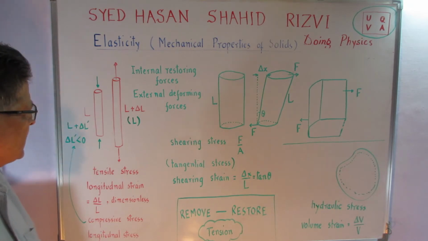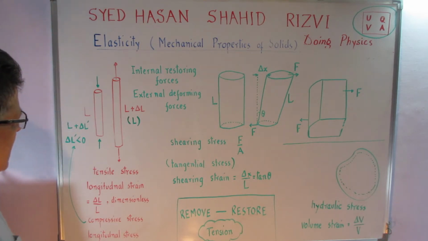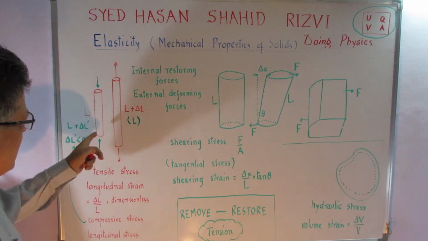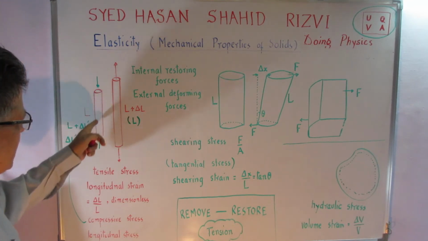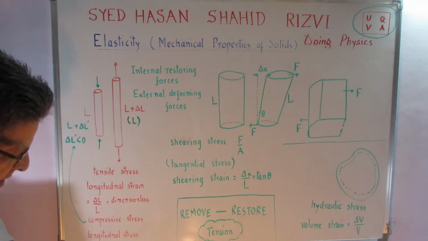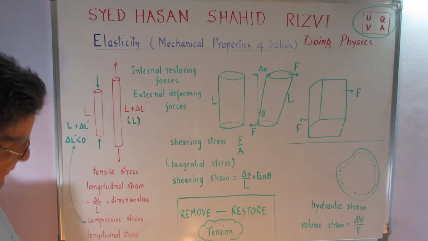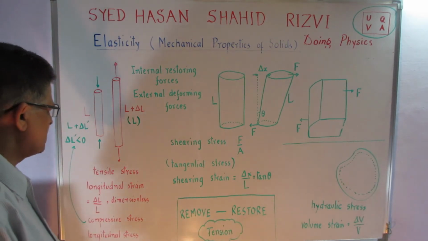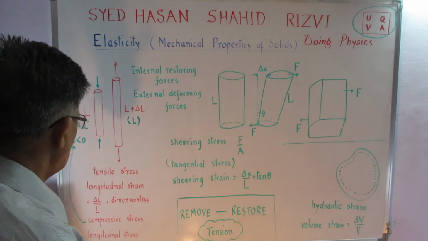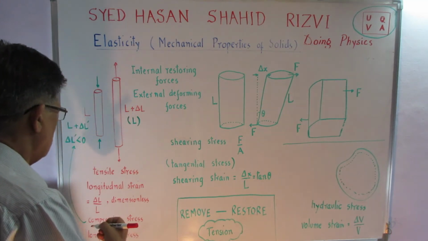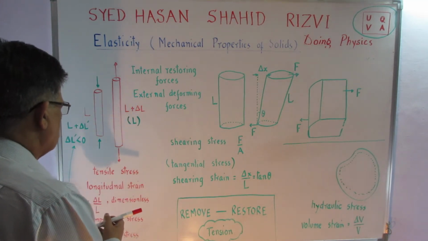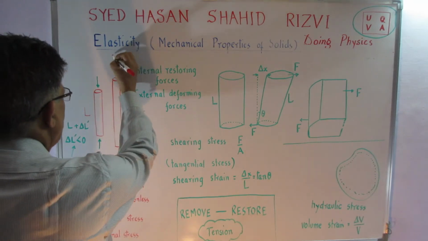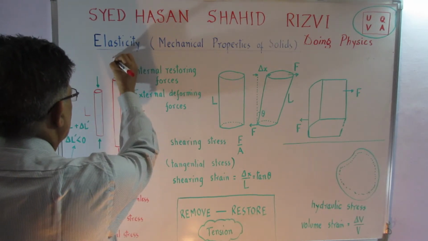So what is happening is that I have a certain wire or cylinder of a certain area of cross section. A is the area of cross section here. So the stress will be equal to, now if I apply a pair of forces,